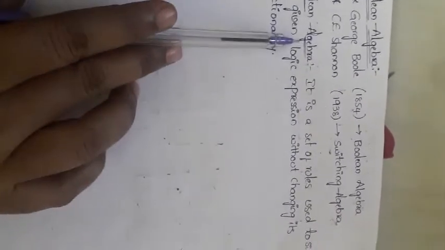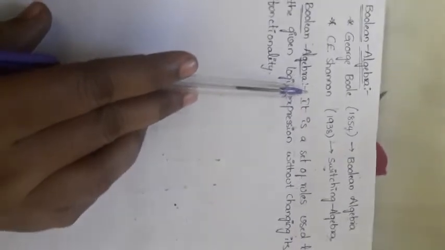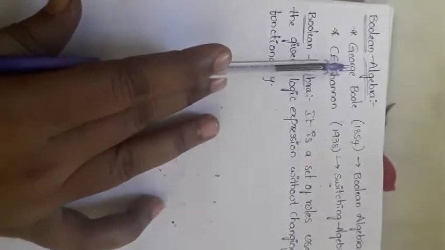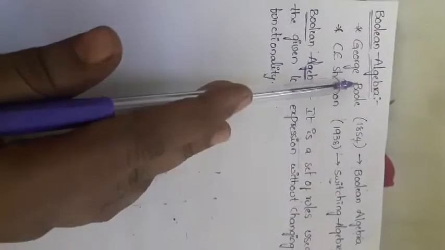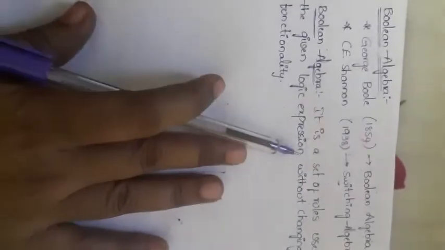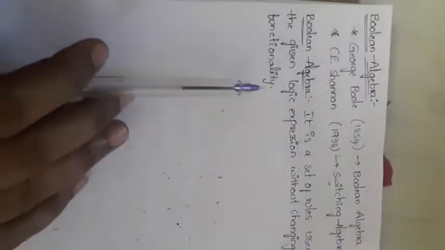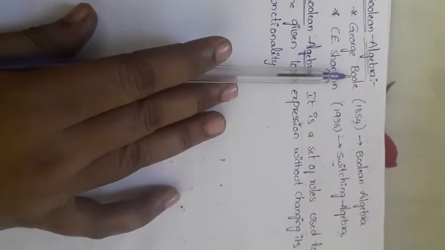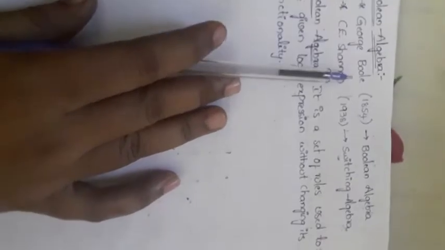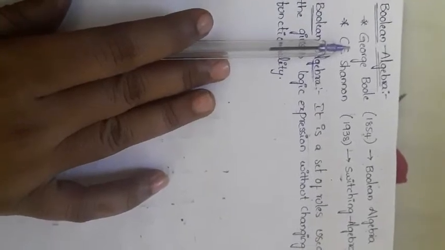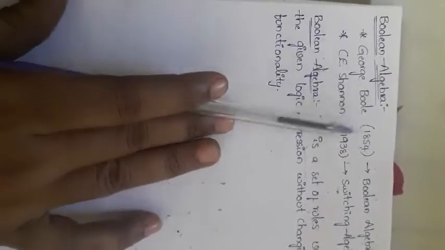Now in this class we are going to see what Boolean algebra is, how to use it, what the drawbacks of Boolean algebra are, and finally what the alternatives to it are. We will discuss all those things in this class. It is a very important topic, so remember that point. Definitely there will be a problem from this topic in your exam, so just keep it in mind.